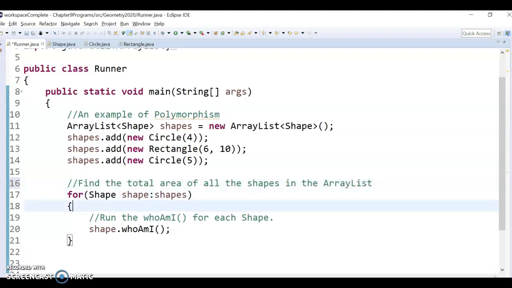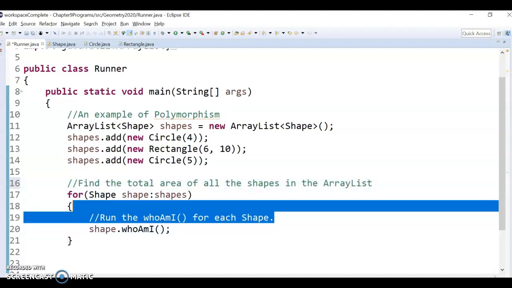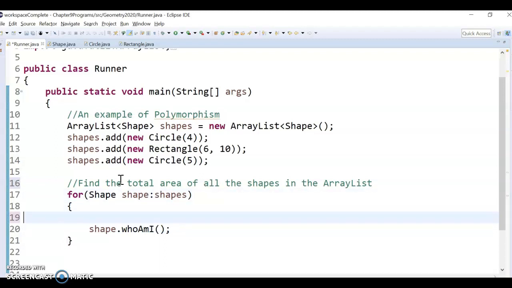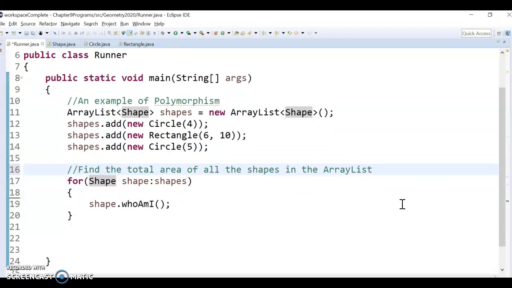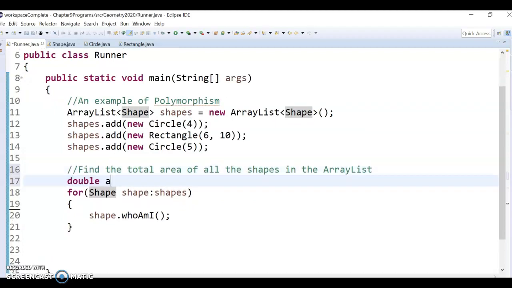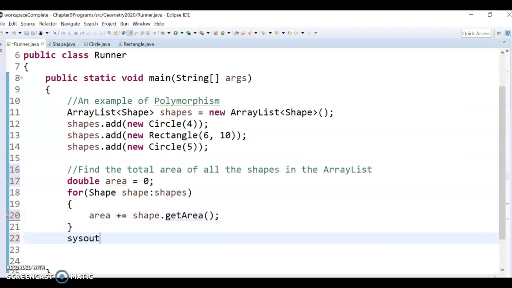Okay, so the tricky part is I could do this pretty easily, right? So actually you should pause the video here and think how would I find the area for all these shapes using this loop? I'd have to change it a little bit. All right, so the answer is I'd make a double called area, set it to be 0, and then I would just add to it each time. So I would do area plus equals the current shape dot get area. Okay, and then at the end, I can print out total area